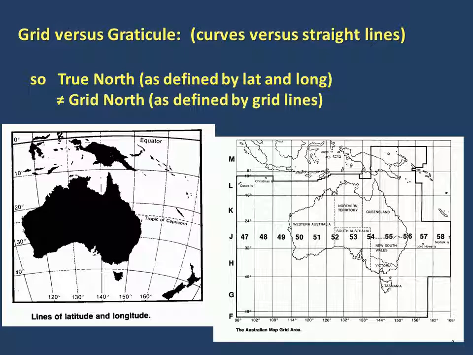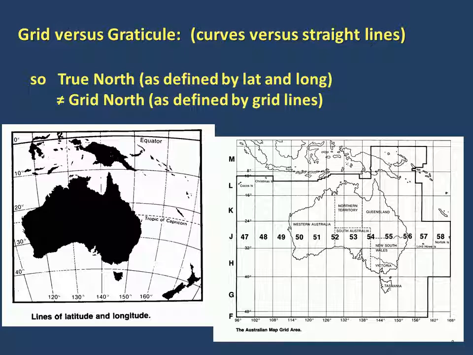Now I've got the grid on the right hand side here and the graticule on the left. So the graticule is made up of those curved lines and they're shown in the diagram here, whereas the grid is made up of these straight lines. That means we also should appreciate we have two different values for north. What we normally think of is true north, and true north actually follows a line of longitude because, as we know, all lines of longitude or meridians of longitude will in actual fact converge at the North Pole at Santa's house. Now we also find that we've got a line for grid north as well, and these are defined by